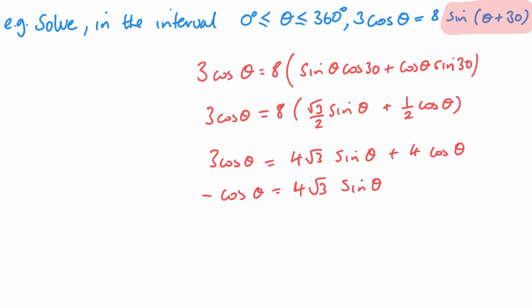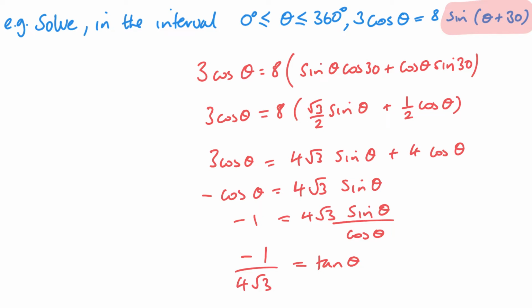Now I need to make it a single trig identity. So I can do that by dividing by cos. And sine theta over cos theta is tan theta, and dividing by my 4 root 3 there. Now at this point I need to find out what theta is, and what I prefer to do is to find out the positive value of theta first. So I'm doing inverse tan of 1 over 4 root 3, and that will give me